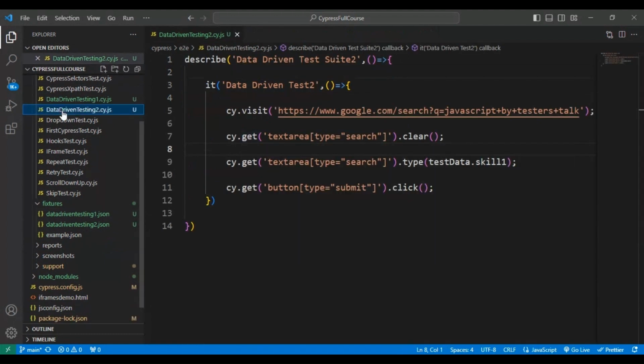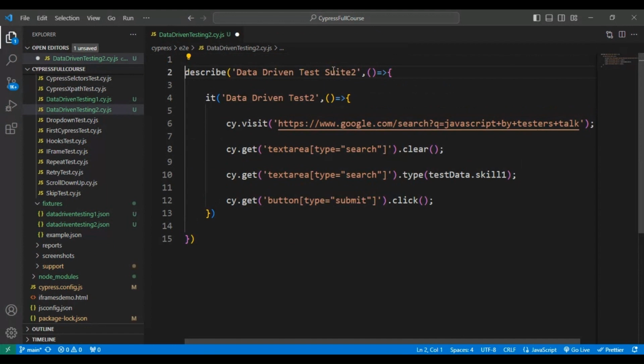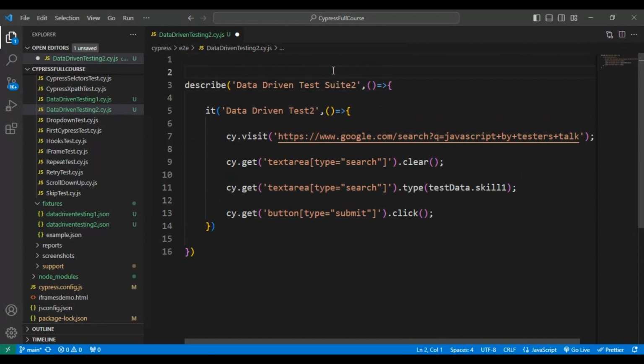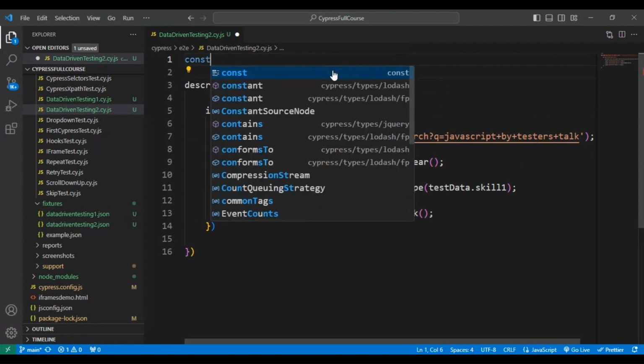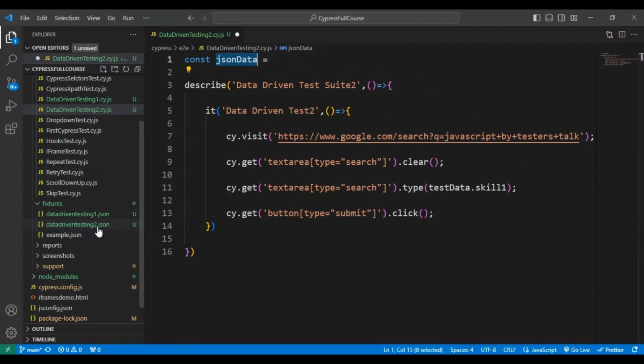2.cy.js file. So here what you need to do is, in this spec file, in the very first line, I'm declaring one variable called const json data, and for this variable I'm assigning the test data from this particular JSON file, that is the data driven testing 2.json file. How I can read that particular file is very simple. So here I'm using